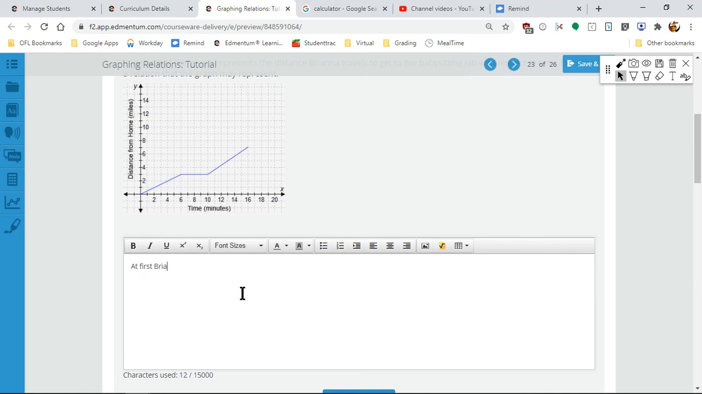So at first, Brianna is walking to the job for, let's say, 6 minutes. Oops, not 5, 6 minutes. 6 minutes she's walking to her babysitting job. And then, looks like we're going from 6 to 10. So for 4 minutes, 10 take away 6 is 4, for 4 minutes,